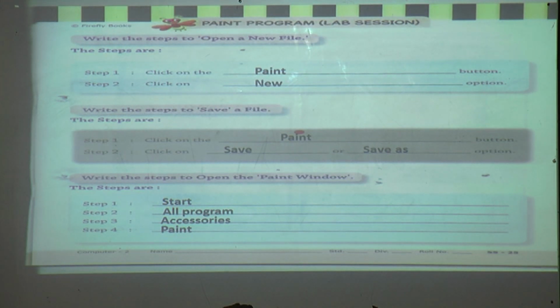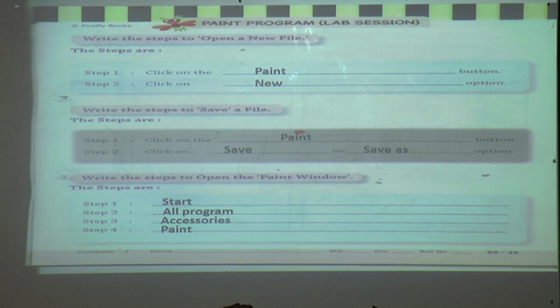Next is page number 26, which is only about using the pencil tool. How to draw in Paint using the pencil tool, the same way we draw using the brush option. They have given homework to draw.